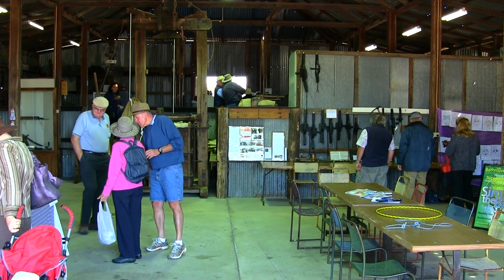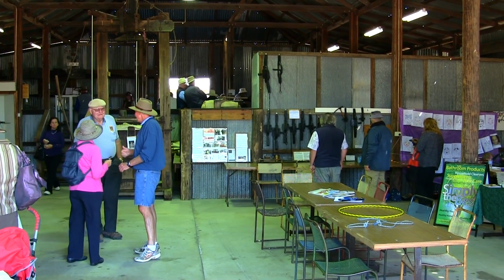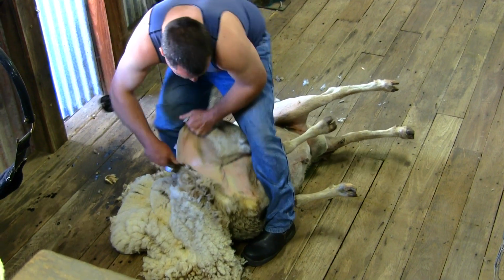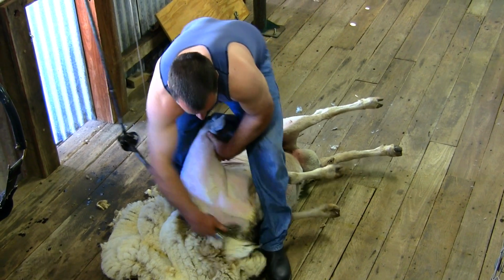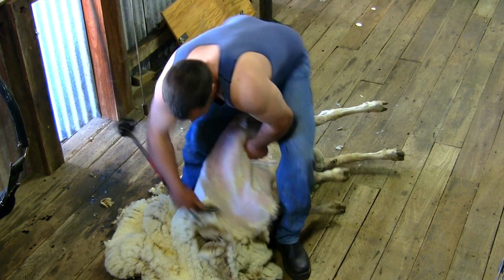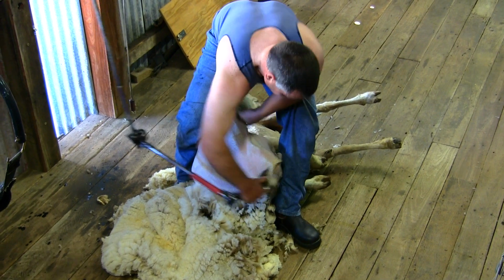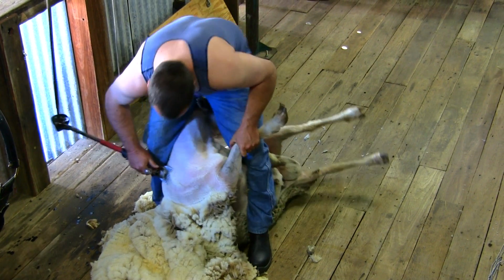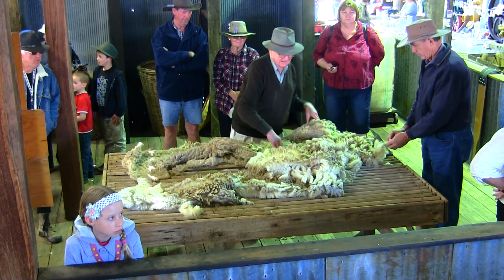Up in the wool shed, well, the lower half's being used for a market area today, but the shearer is on site. During the course of the day, he'll shear off about 25 sheep that have been donated by a local farmer. Once the fleece is taken off the sheep's back, a bit of inspection of the fleeces as they come off the sheep,